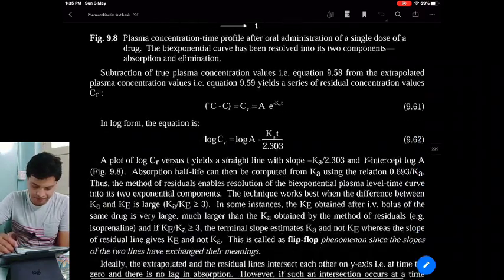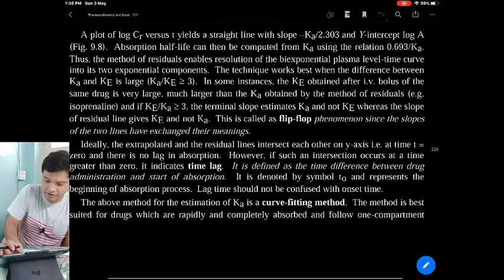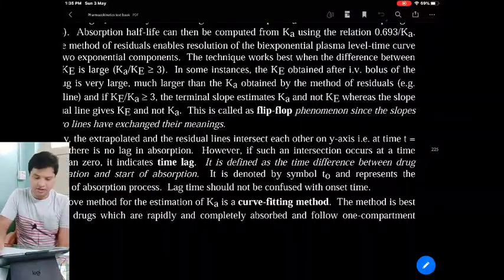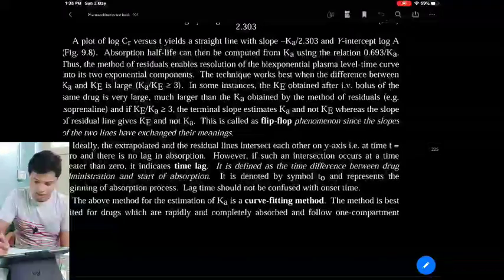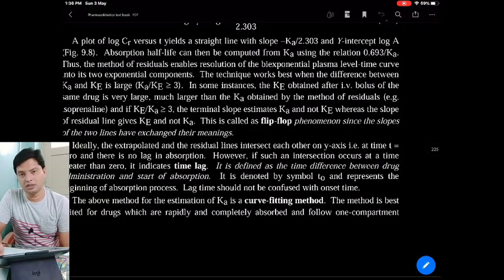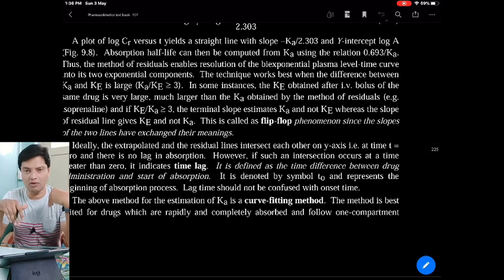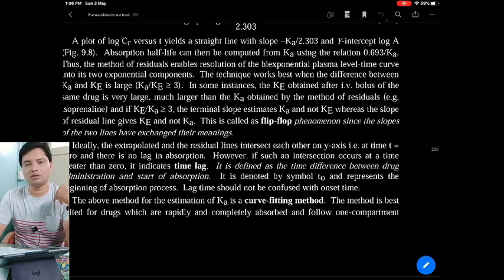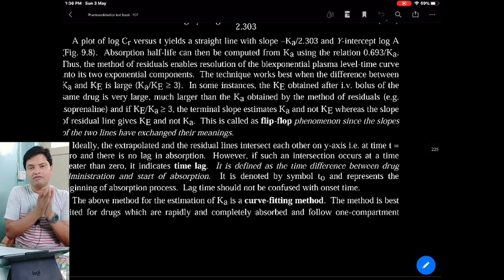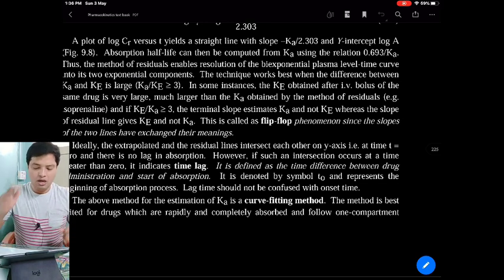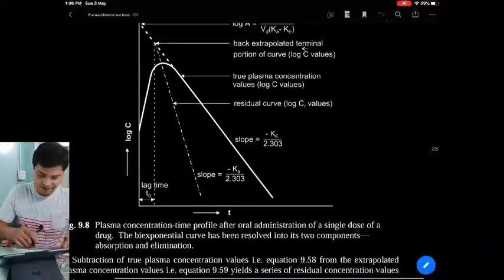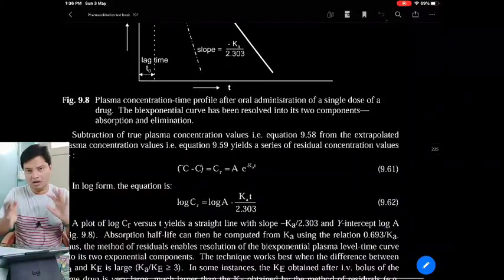What do you mean by lag time there? It is defined as the difference between drug administration and start of absorption. If you administer the drug here, once you administer it doesn't mean that the drug will start absorption, extravascular. Okay, if I take a drug, it will take time for the drug to get absorbed. So the time taken from the administration to the start of the absorption, we call that as lag time. Okay, now in this above graph